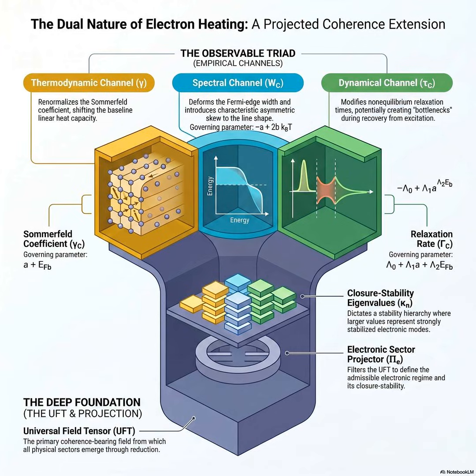Okay, let's take a step back and look at the whole picture. We have covered a massive amount of ground today. We started with a very simple macroscopic idea, a cup of water. Right. We visualized standard thermal broadening as nothing more than sloshing the water right at the surface, giving energetic jumps to the electrons trapped at the Fermi level. The standard, highly successful baseline that relies entirely on energetic cost. But then we looked deeper, and we discovered a hidden structural grid submerged beneath that water, the projected coherence stemming from the universal field tensor.